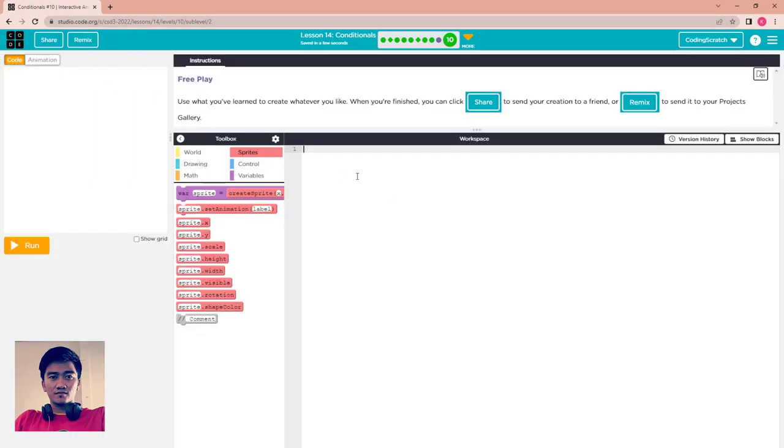So the simple idea is I just create two sprites. The first one is the worm, and the second is the butterfly. When the worm is big enough, it will turn into a butterfly. Okay, that's simple, right? So worm dot set animation, go to this one, and